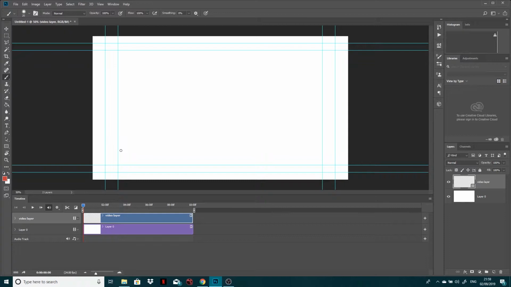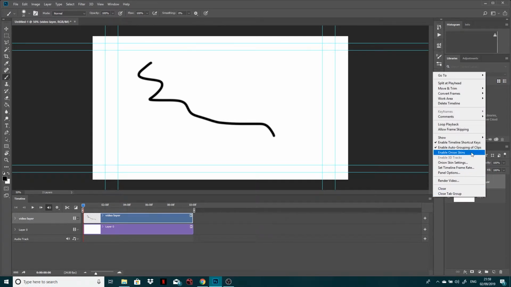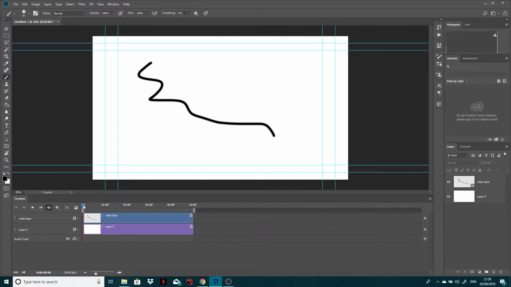If I were to get my brush, I'm using a graphics tablet, and I'd recommend that people use graphics tablets if they can, but if you can't, then just use a mouse. Now if I just start going like that, you can see that looks pretty normal. One thing you do want to do is enable timeline shortcut keys, because now if I click this timeline, I